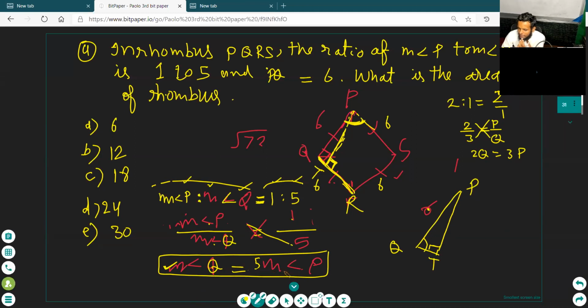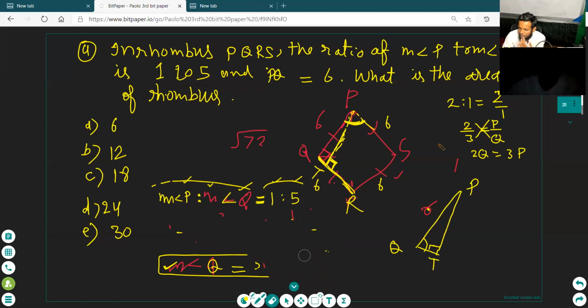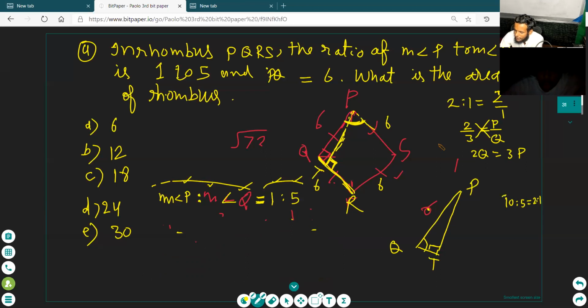If it is very difficult, then you should see it like this. In ratio, we cut some common thing. Here in ratio form we cut 10 to 5, which means 2 to 1. We cut the 5, the common thing. Then you write 1 and 5 as the ratio of the angles. Then you write 1 multiplied by x and 5 multiplied by x. These are two angles. 5x and 1x are your two angles. Clear?